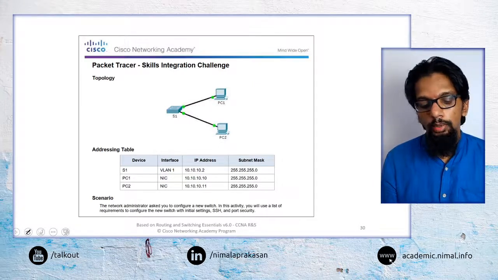The expectation here is to complete all of these activities, because these are particularly important for you all to know in terms of how these things work. So it is essential that everyone tries all of them. I have included all of them as part of the packet tracer activity set for this week.